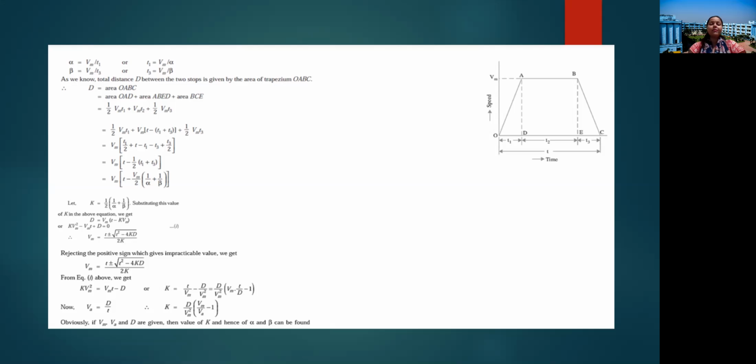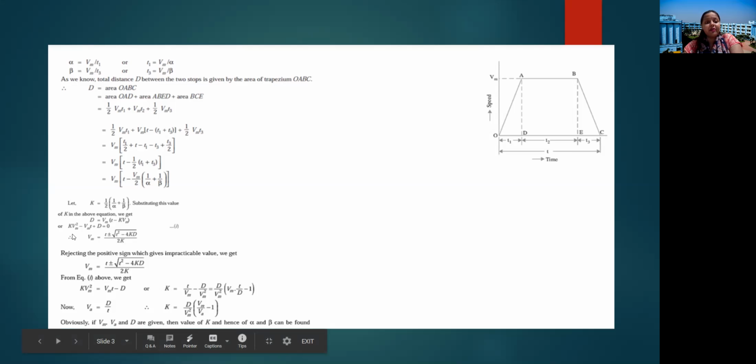Now, in your exam, depending upon the question, we need to solve this type of problem. A numerical from the trapezoidal speed time curve will definitely come. Now, what I suggest is, here you can see very different types of equations they have given. But I suggest you remember only the basic equation, because it will not be possible for you to remember all the equations in your exam.